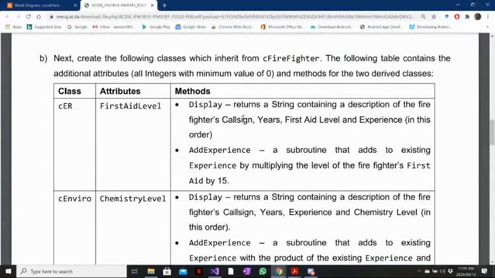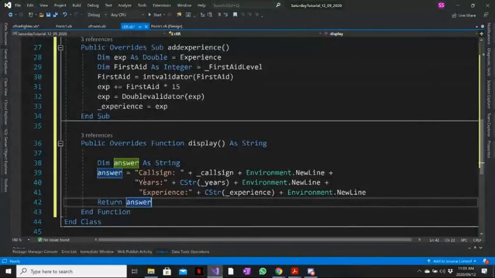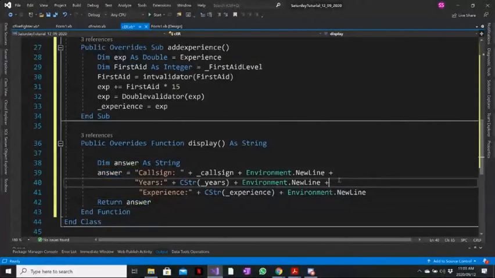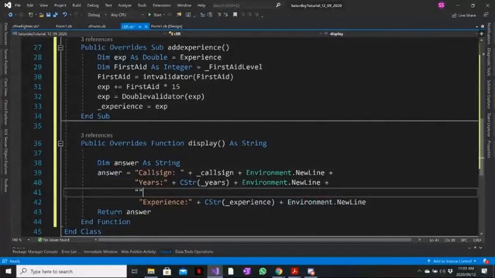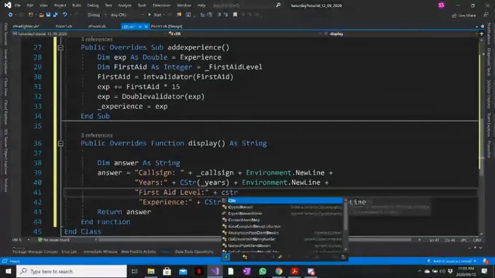It says for first aid, it's going to be call sign, years, then first aid level, then experience. So it's call sign, years, then first aid level. And then we're going to go